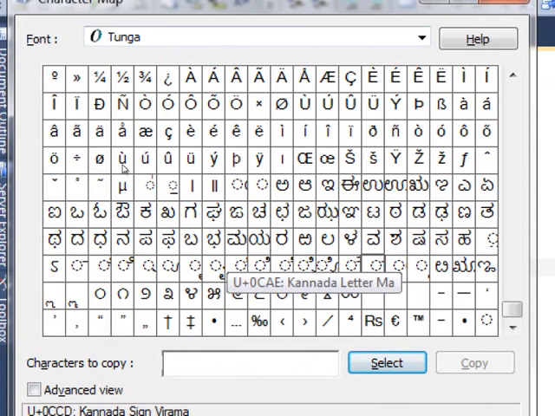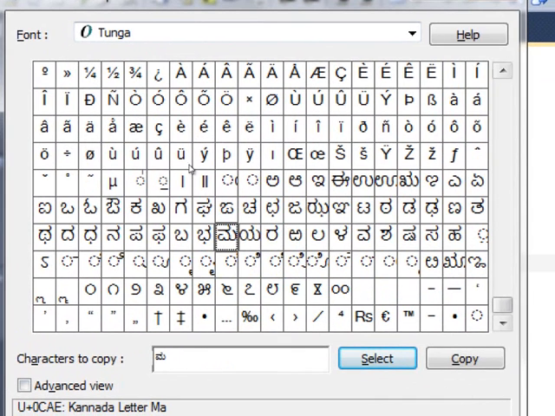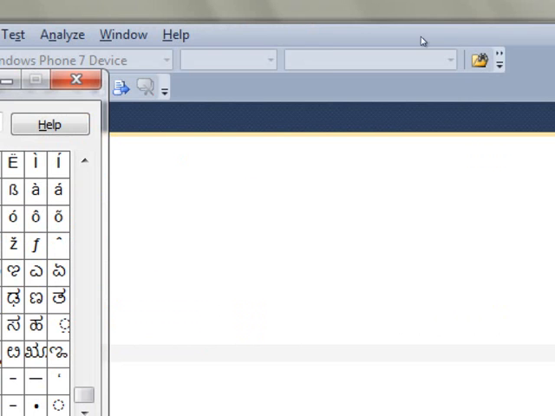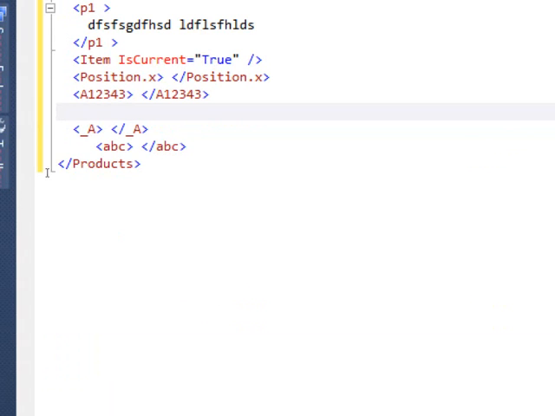So let me... where's my... okay, so I got this character.